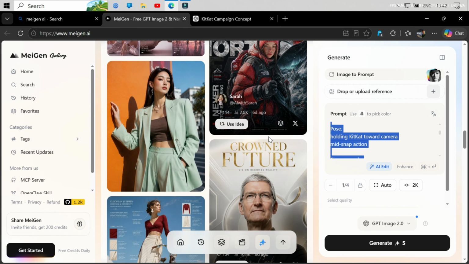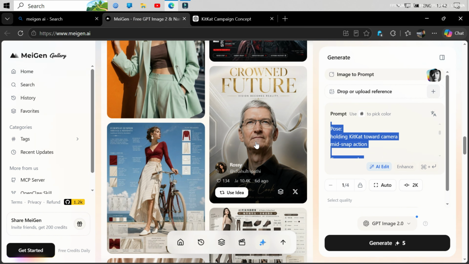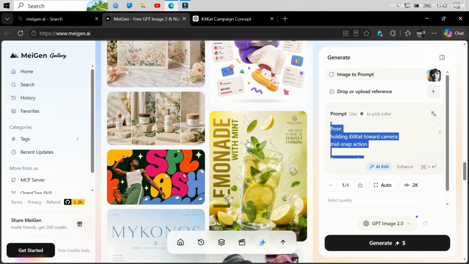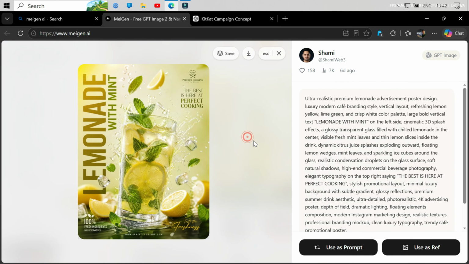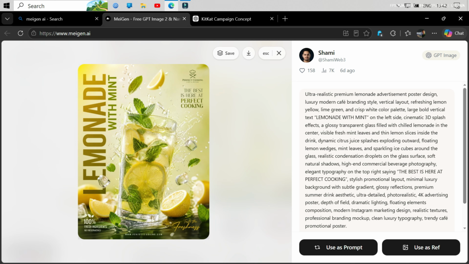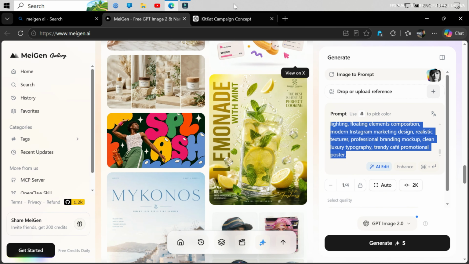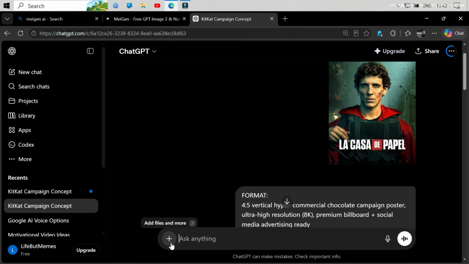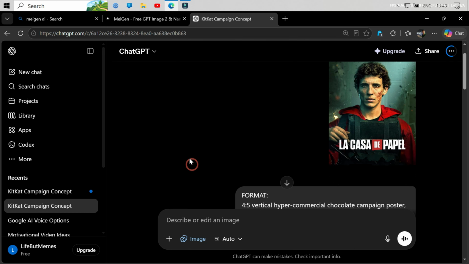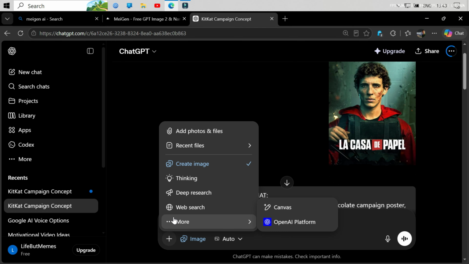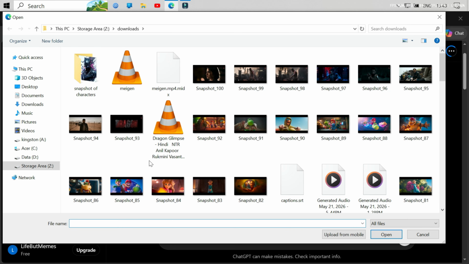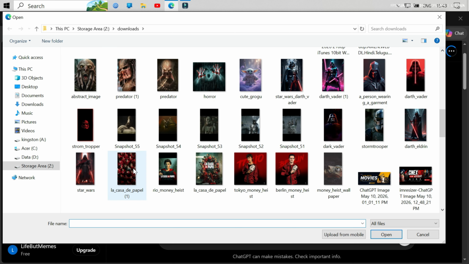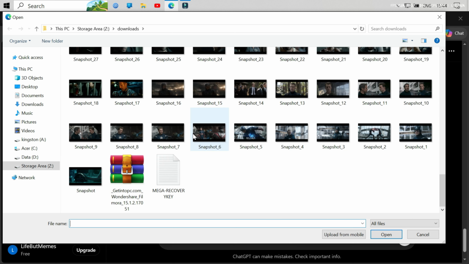As you can see, I'm on Imagine AI using a prompt, searching for the best poster which we can. Okay, so here's the lemonade one. I will just simply copy all the prompt and then I will go to ChatGPT and I will paste another photo or image that I want to create in the lemonade poster. So I have selected a Captain America image,